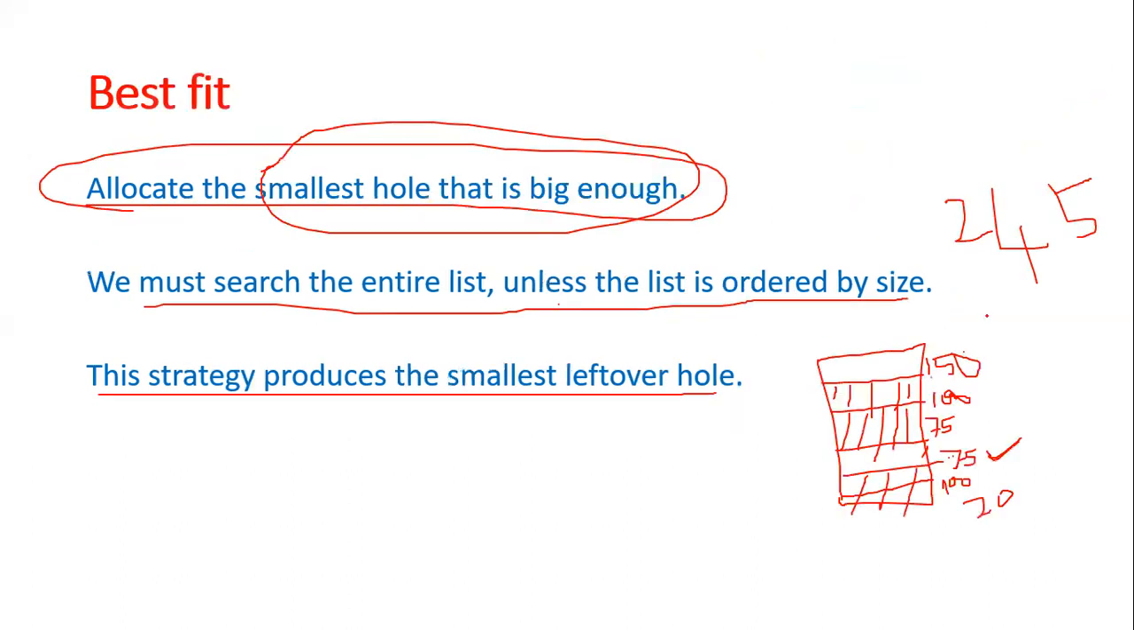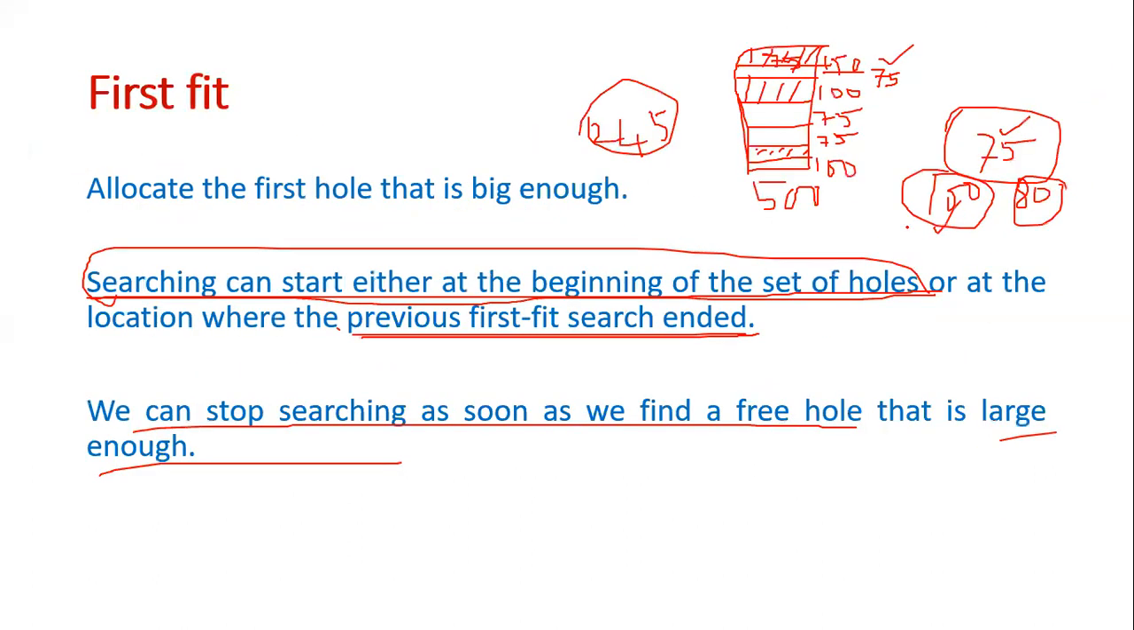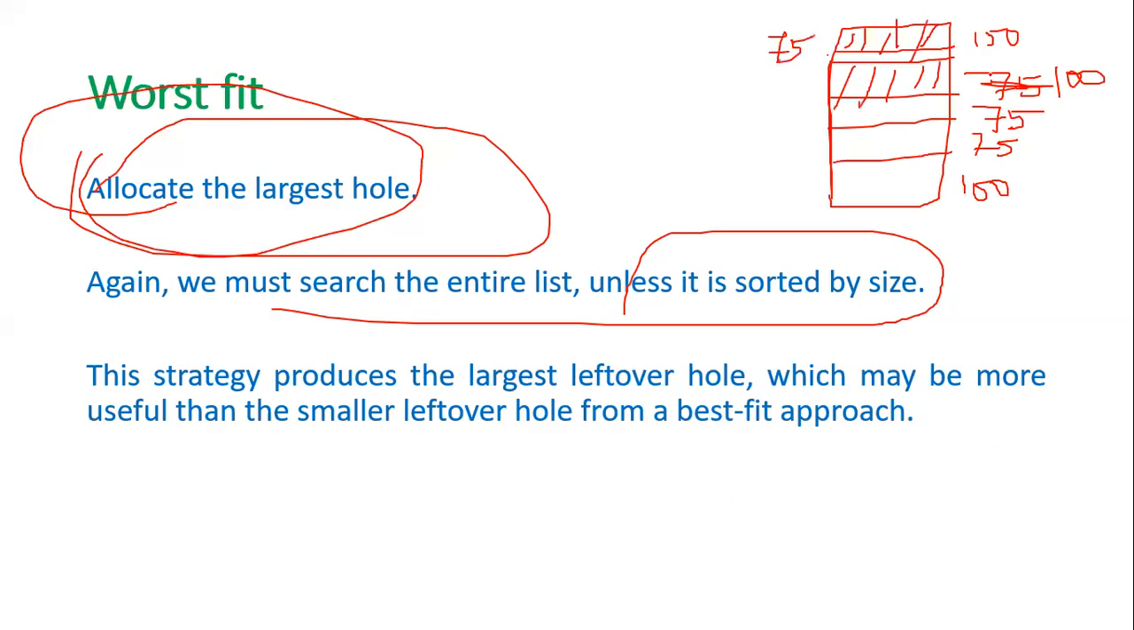And next, what should we allocate? 80. For 80, I'm searching for the next highest. The next highest is 100. From this 100, I'm allocating 80. The remaining is 20. So again 75, 75, 75, 225, 245. Here all are giving the same